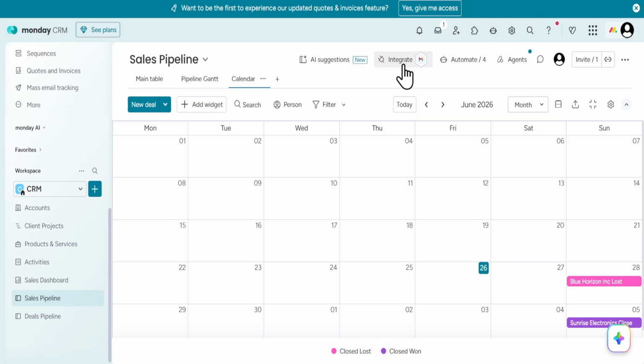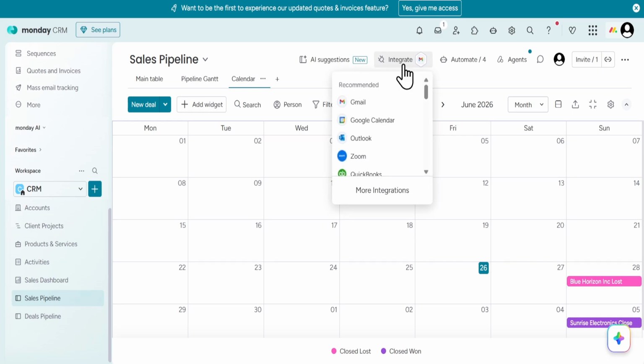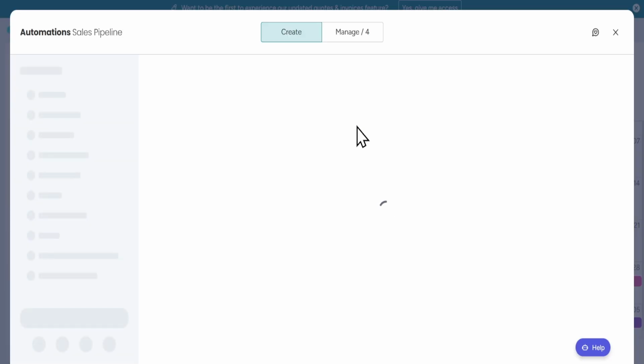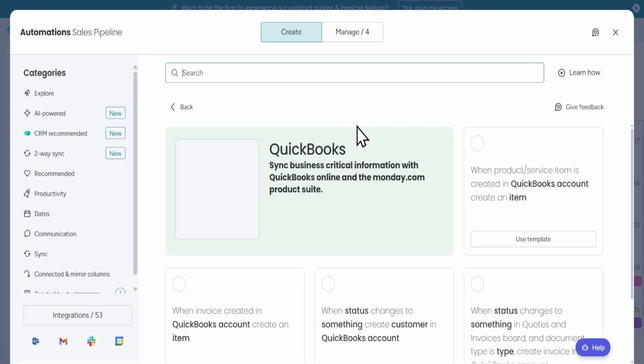After opening the board, look for the Integrate option and click on it. This is where Monday.com lets you connect your board with other tools and services. From the list of available integrations, find QuickBooks and select it. QuickBooks is an accounting and financial management platform commonly used for tracking income, expenses, products, services, invoices, and other business records. Connecting it with Monday.com can help reduce manual entry and make it easier to keep operational work in sync